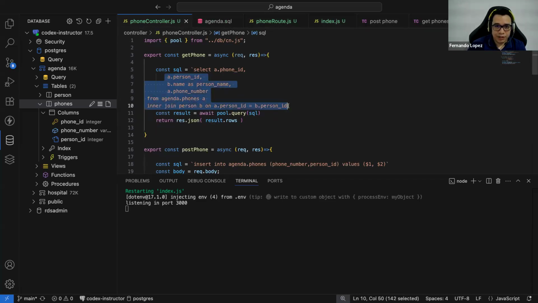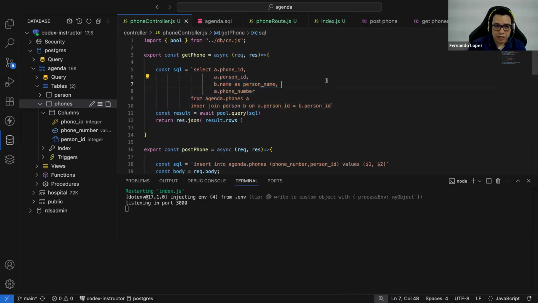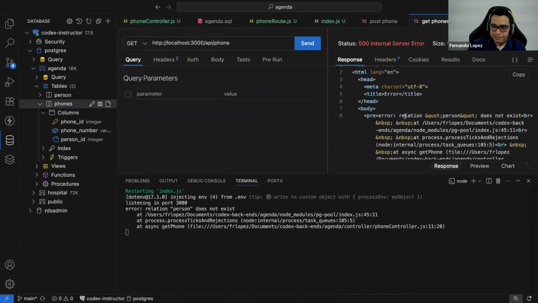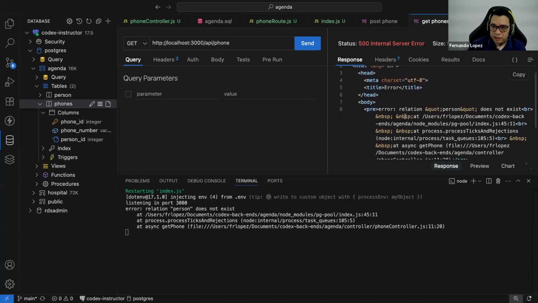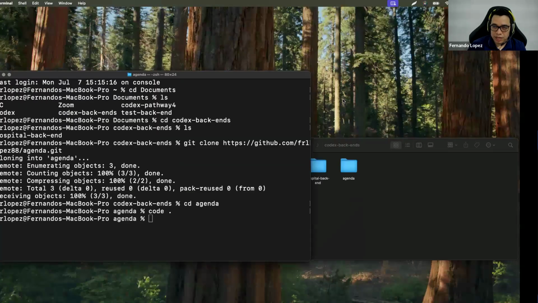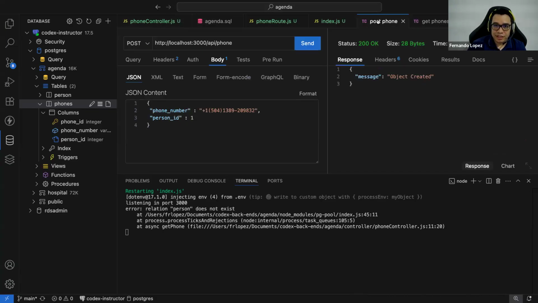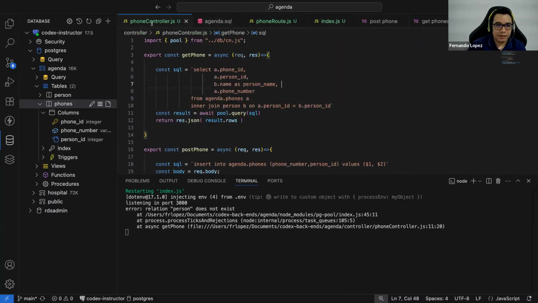You will see it. Now we can prettify this a little bit more, like here. And let's try it again, the get phones. Okay, relation does not exist person. Okay, I see the problem. Give me a second. The problem was that I didn't put the prefix that is the name of the schema. So the name of the schema that is missing is here.